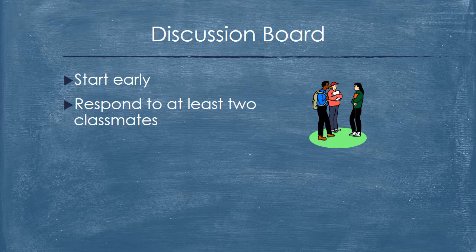Remember that you need to respond to at least 2 of your classmates. I've seen a lot of students who put a lot of work into their post and then forget to respond to anybody or only respond to one person, and that has a serious impact on your grade. If you don't respond to anybody, you'll get no credit for the engagement portion of your discussion board, which is worth 30% of your score each week in the discussion. And if you only respond to one person, you get half credit. So it takes a serious toll on your grade if you overlook that.